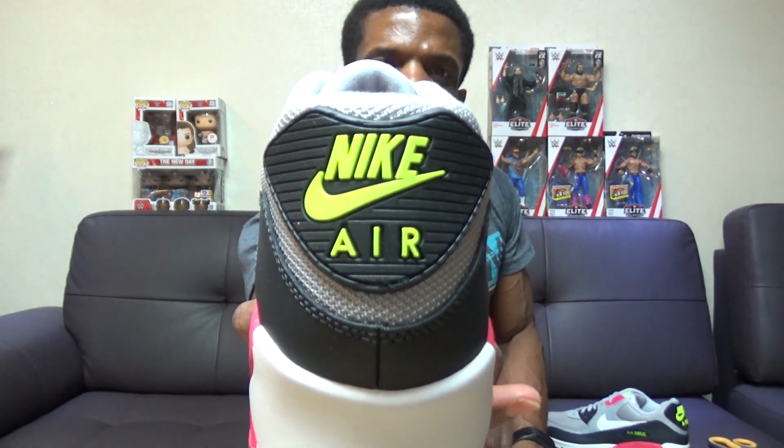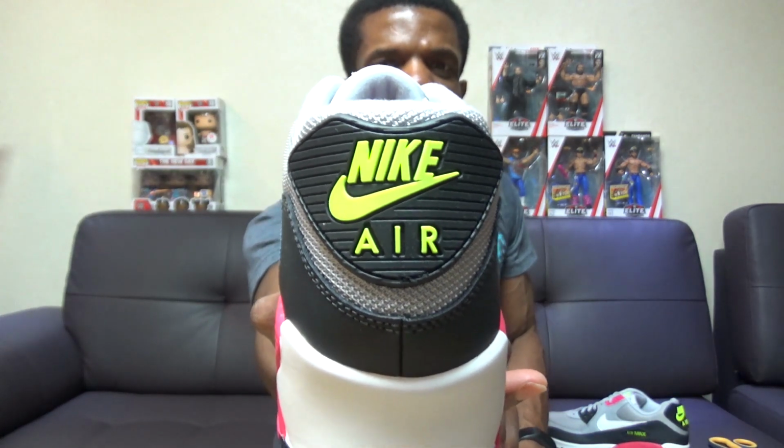But then I saw on the back and I saw that, I'm like, man, for some reason that Volt Nike Air on the back really just caught my attention and made me have to have these. So, to some people maybe that color is just a little off, but I think the trick is, if you're gonna step outside of what the rest of the colors are on the shoe, you can't do it too much, and